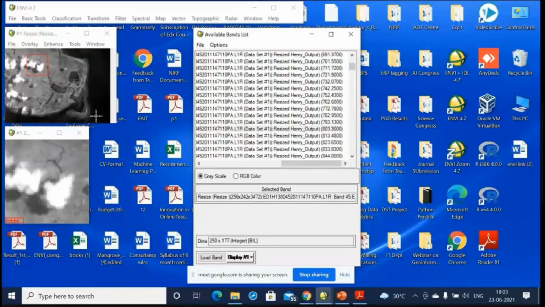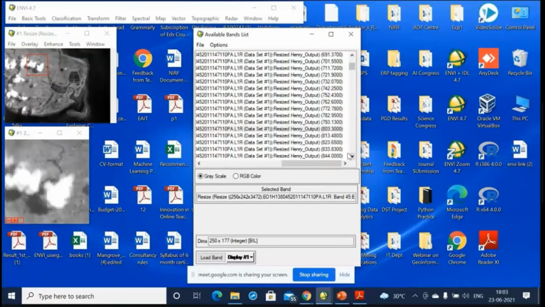Water absorbs infrared radiation. Water totally absorbs infrared radiation, whereas vegetation reflects infrared radiations very much. That is why when you are seeing this image in the infrared band, water is black and the vegetation is brighter as compared to the other bands. Okay, so this is how you view the image.